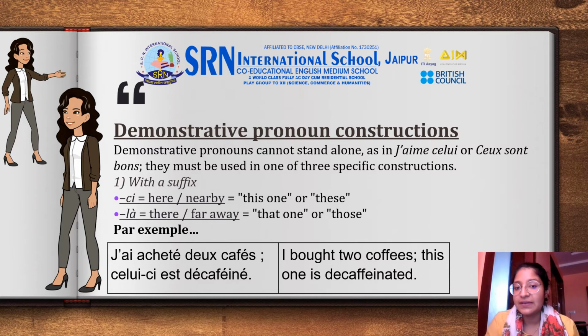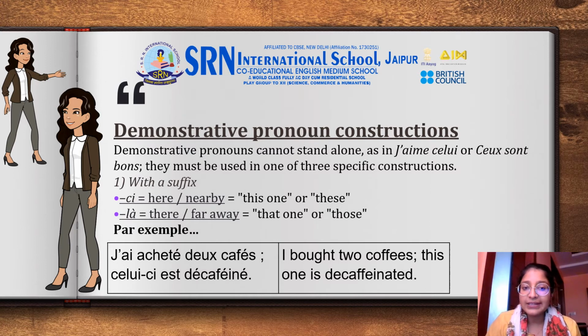First, with a suffix, you can say j'aime celui-ci, I like this one. For example, if you have two dresses and you want to say that I like this one, that one is too dark for me, you can use the demonstrative pronoun: j'aime celui-ci ou j'aime celui-là.